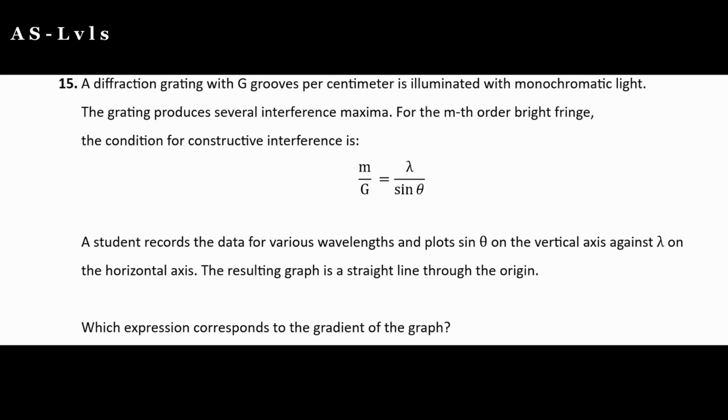Question 15. A diffraction grating with G grooves per centimeter is illuminated with monochromatic light. The grating produces several interference maxima. For the mth order bright fringe, the condition for constructive interference is given by the relation m divided by g equals lambda sine theta. A student records data for different wavelengths and plots sine theta on the vertical axis against